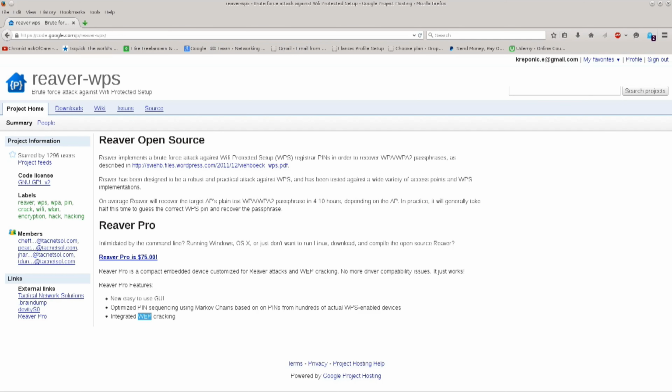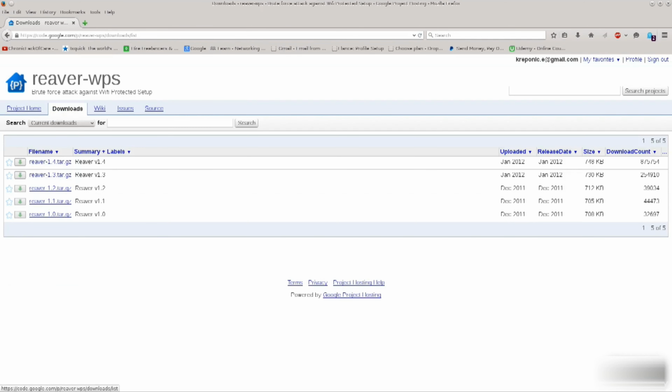I'm going to go ahead and click on downloads in the upper left corner, and there are different versions here that can be downloaded. There are bug fixes. There are no fundamental differences in the way that reaver works between these versions, but there are bug fixes definitely, and that is very nice. It is maintained, the package, there's support for it, and so on. So just go ahead and click on reaver 1.4.tar.gz,